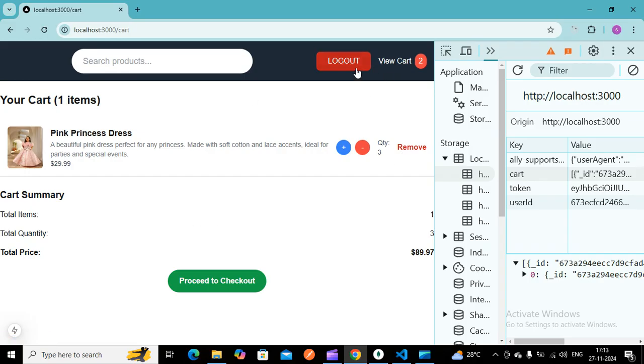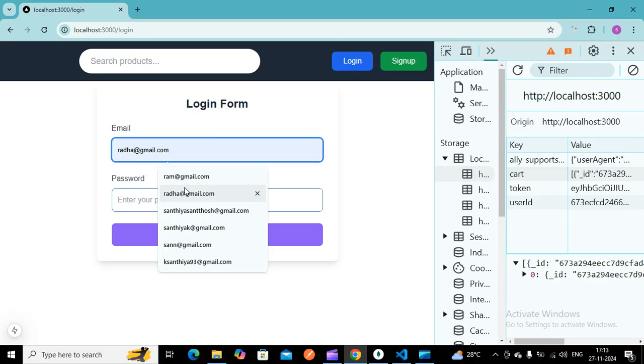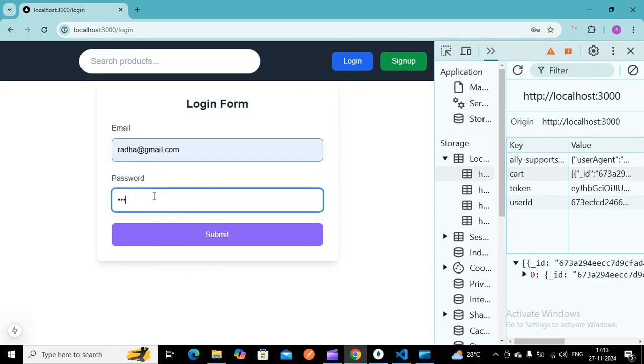So here we have a problem. Once I log out of this ram at gmail.com account and go to some other account, radha at gmail.com, 1 2 3 4 5 6, here you can see I have added two, and in the cart you can see I have only one item right now.